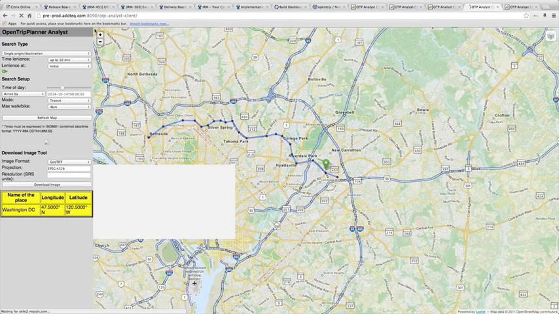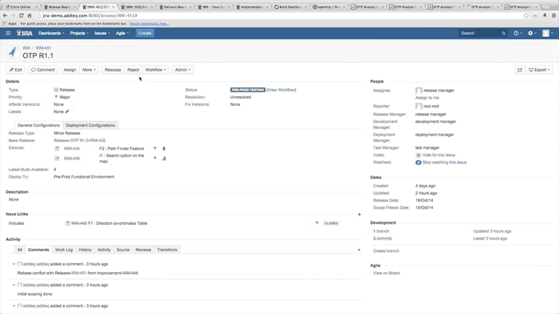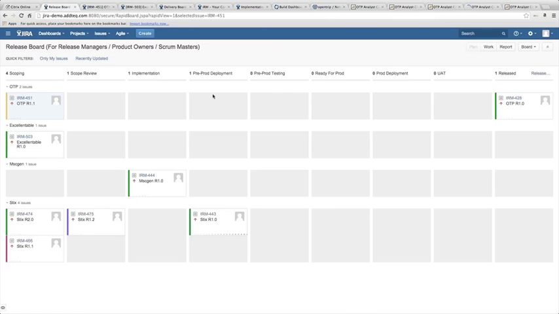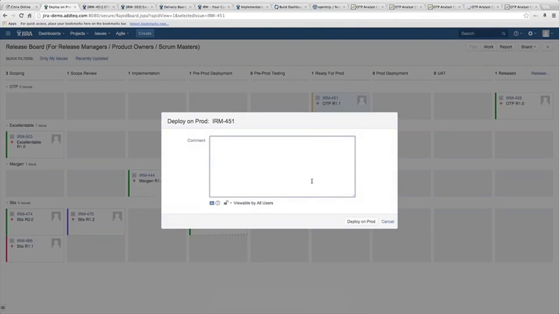And if the testing team is fine with the implementation, they can mark this particular ticket as approved. They can provide a sign off. And once signed off, it comes onto the ready for production deployment phase, where it waits for the actual production window. So as per the outage or the production deployment window, this particular ticket will be moved onto the production deployment phase,